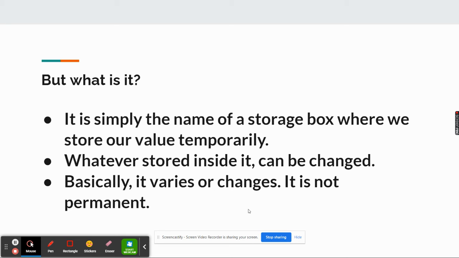Think of it as storage bins used in your kitchen, and you have labeled those bins. In one bin you will be keeping salt, and in another one maybe you will be keeping chili powder or something. So think of the variables as storage bins in programming. For doing a program, you have to store a value for a particular period of time, and that's where you use a variable. So in order to understand the concept better, we look at a program where we use two variables.